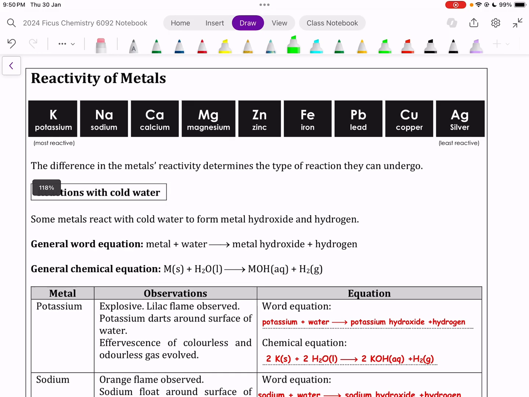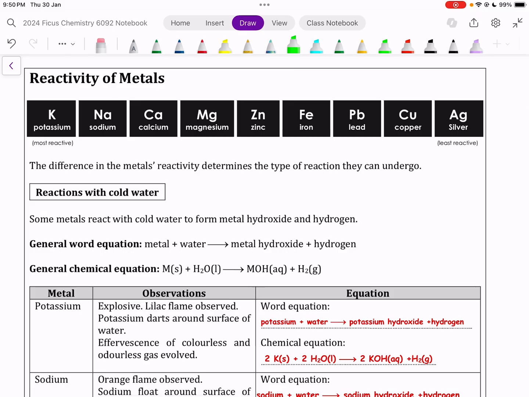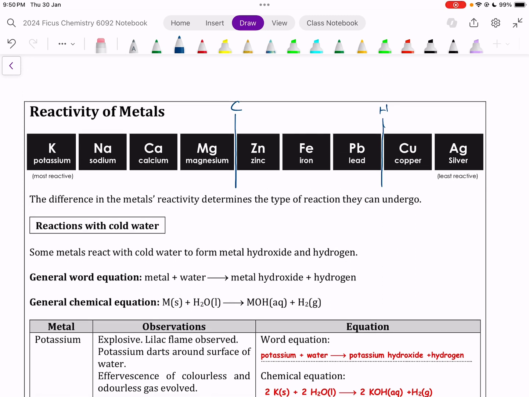We're going to look at this reactivity series. There's a way to remember them. Sometimes people insert some reference points, such as hydrogen as well as carbon, on this reactivity series. They are not metals, but merely reference points. In order to remember this reactivity series,